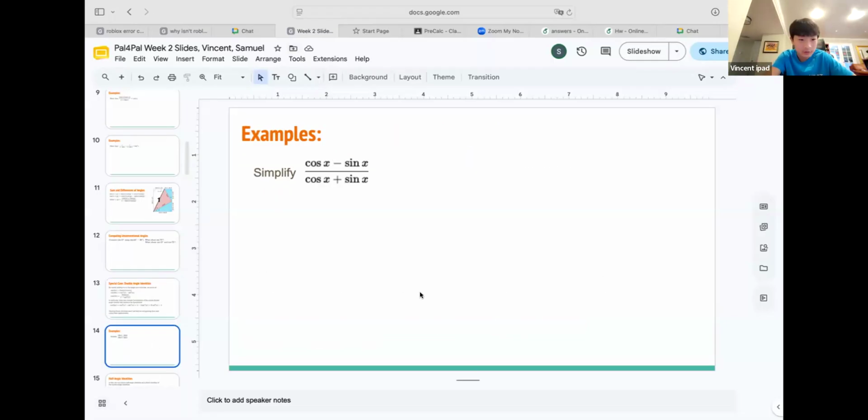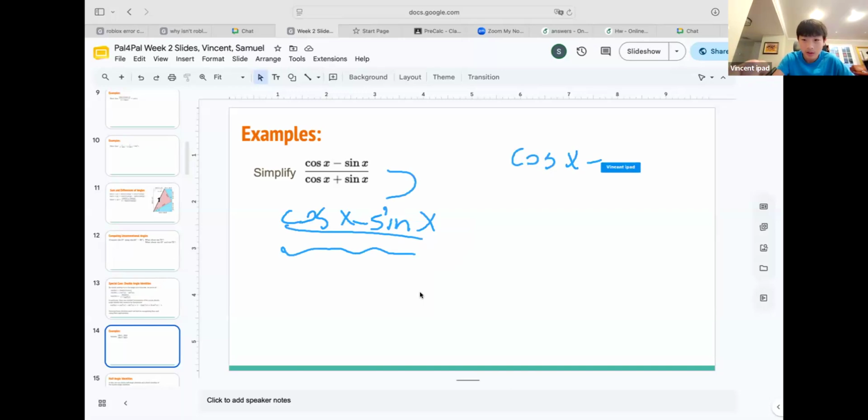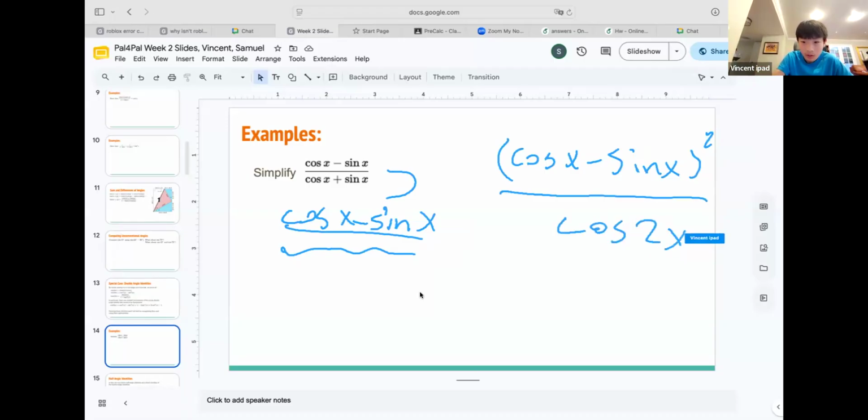Okay, so the first thing I think of, we just covered double angle. Why don't we get a double angle? So multiply by cos x minus sine x over itself onto this, so you get cos x minus sine x squared over cosine of 2x, which is equal to,